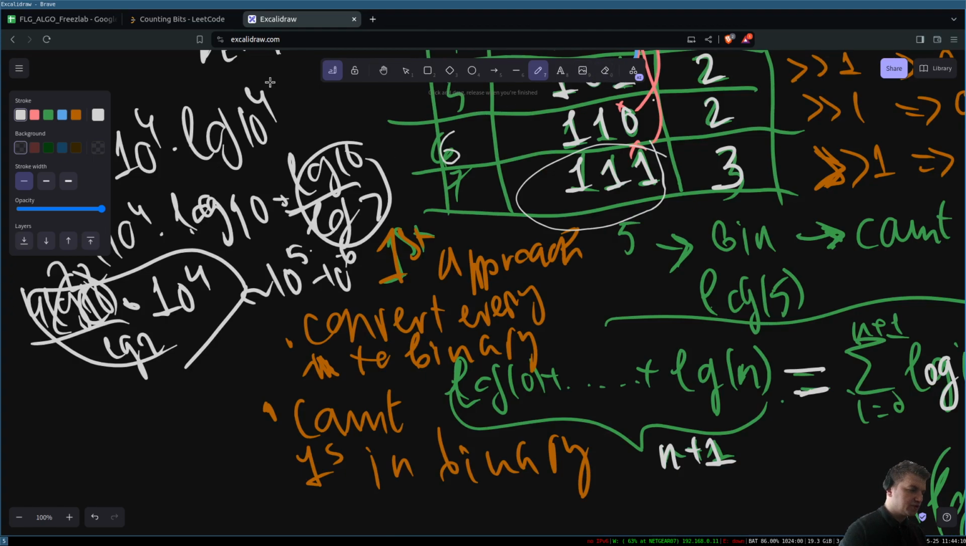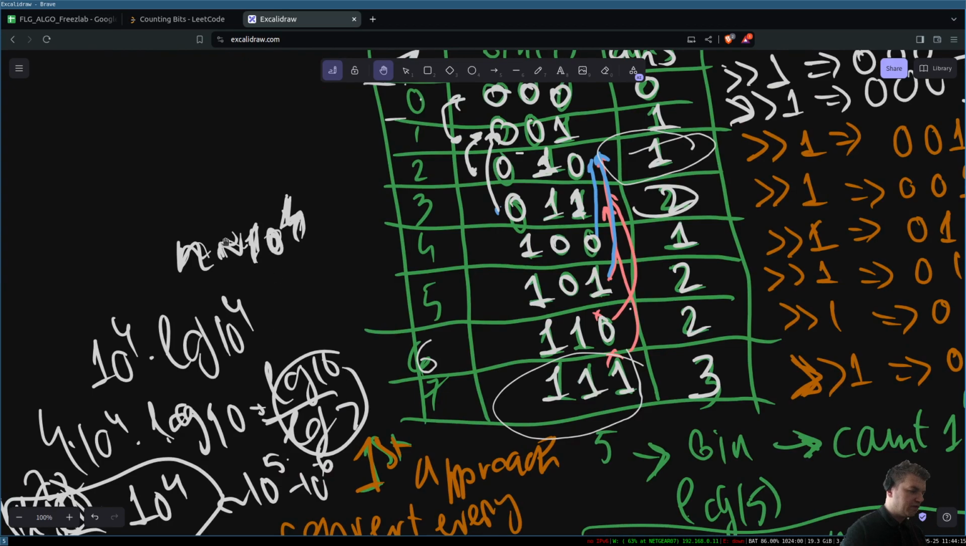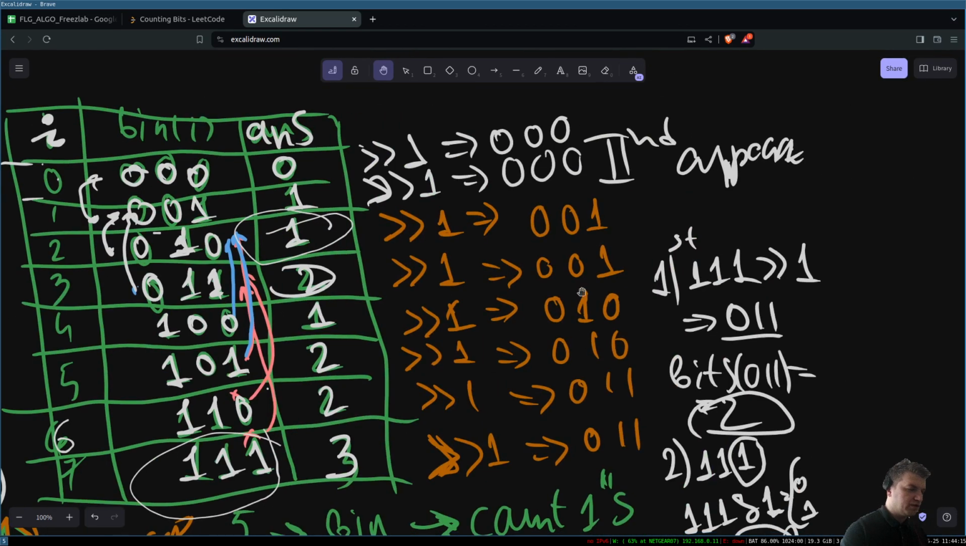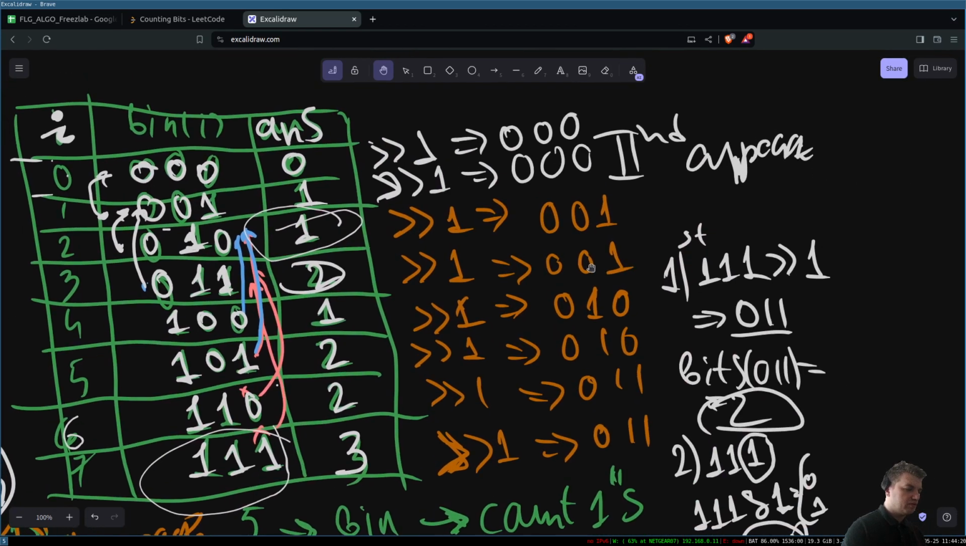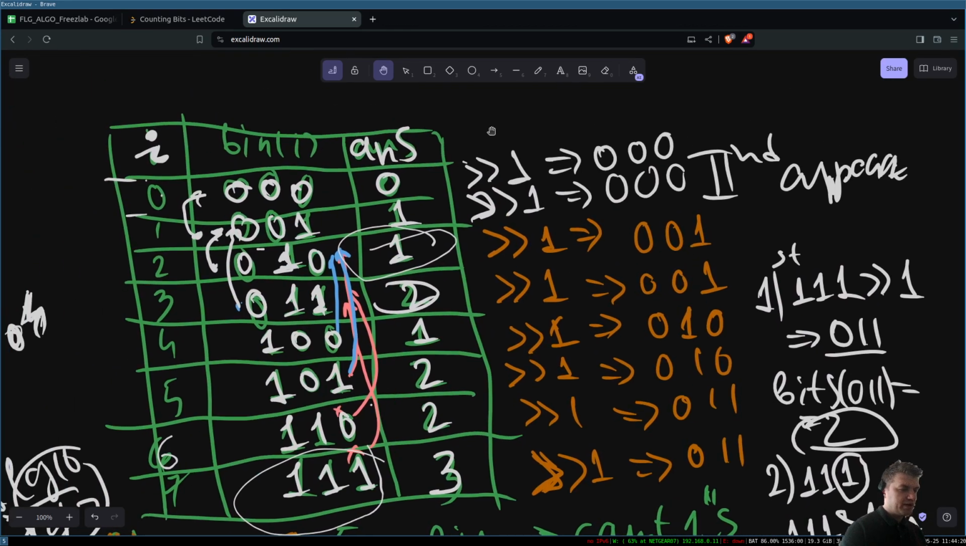The second approach is actually using DP. So instead of having this n log n, we calculate it in n time. I noticed this interesting pattern: when I shift by one, I can reuse the previously saved number of bits, and then I can recover this one or zero by comparing with